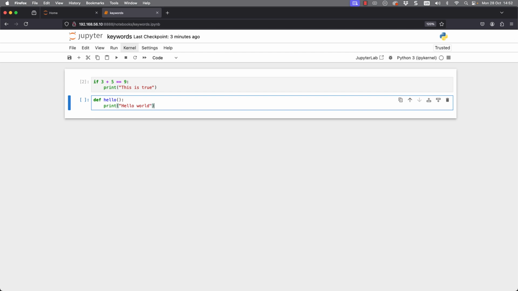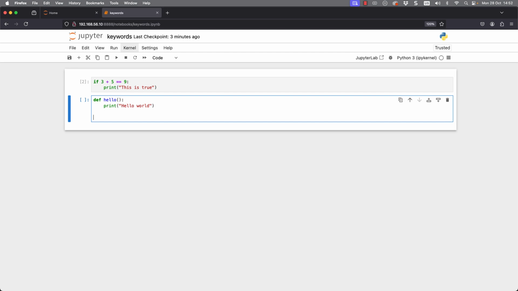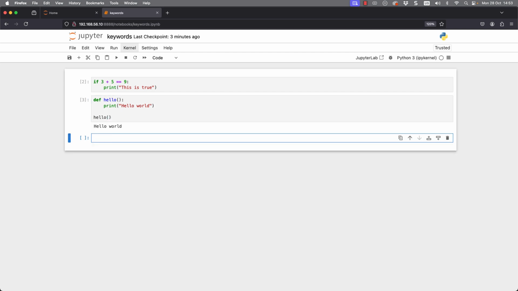So rather than having to use the print statement myself, I can now go through and use hello. I'm just hitting enter twice to make sure that I'm returned to the left-hand side. So we now know my code is not associated with the hello function. As I go through now and call or invoke the function, the two words invoke and call have the same meaning. Shift and enter on the hello function, and we're going to get hello world printing out.